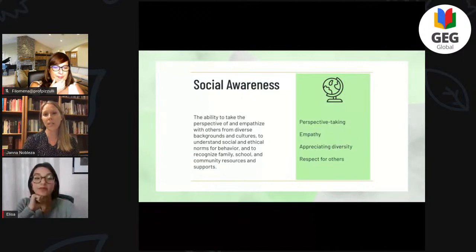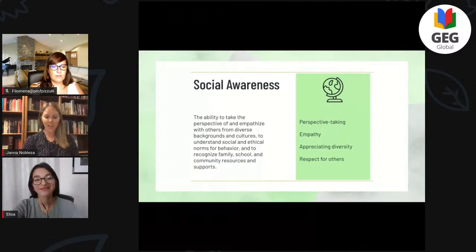And so it's really important that as teachers, we start looking at our curriculum. We look at our schools and our district and what is being put in place systematically that needs to be changed to create a more equitable environment for all of our students. And perhaps that is with our curriculum. So you can be looking at your curriculum and seeing what kinds of things in your curriculum are maybe not culturally responsive or are not being shown in an equitable way for your students. And that can help them feel that sense of belonging, which then in turn helps them develop their social awareness skills.